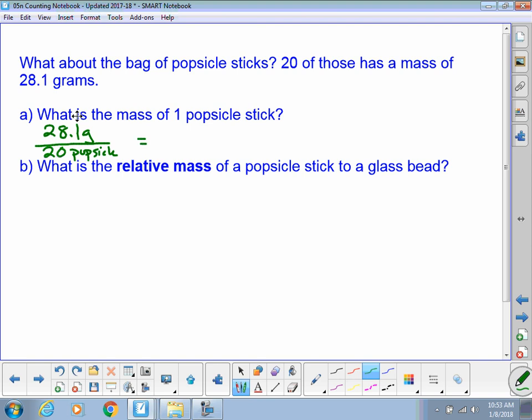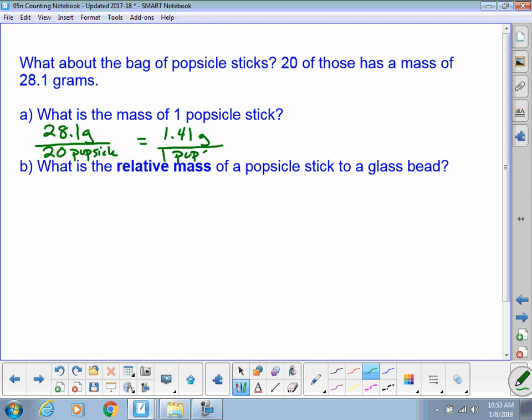If I take that, I can simplify that ratio and get the mass of just 1. And that comes out to 1.41 grams for 1